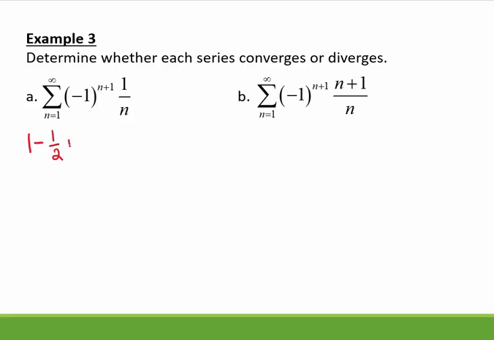If I plug in 3, we have a positive, and so on. So you see the absolute value of each one of our terms keeps getting smaller. Now I need to show the limit as n goes to infinity of 1 over n. That value is 0. So therefore this converges,